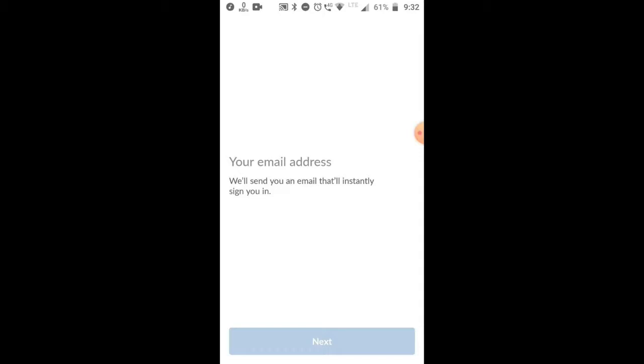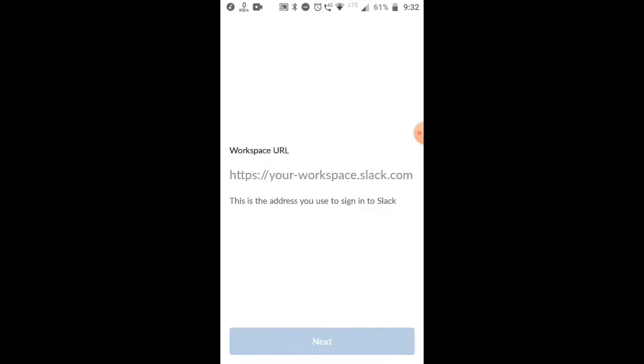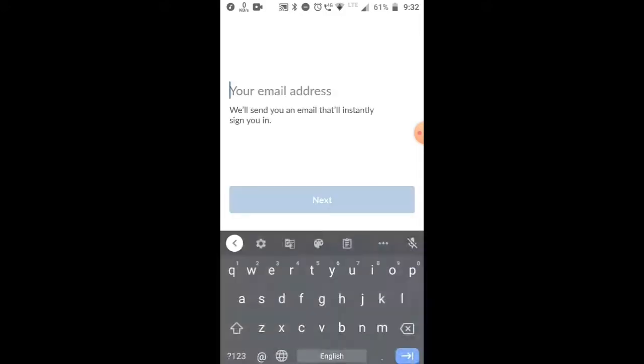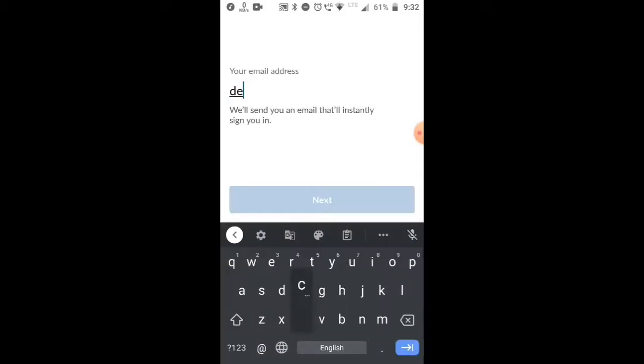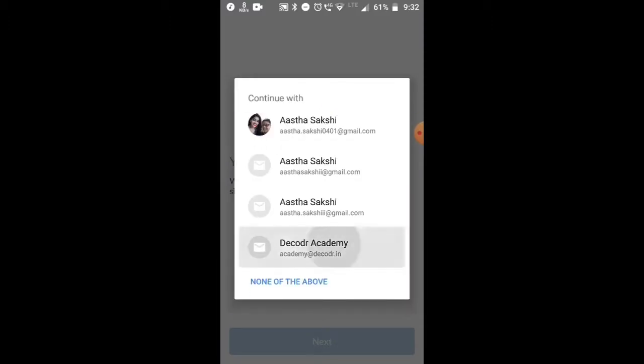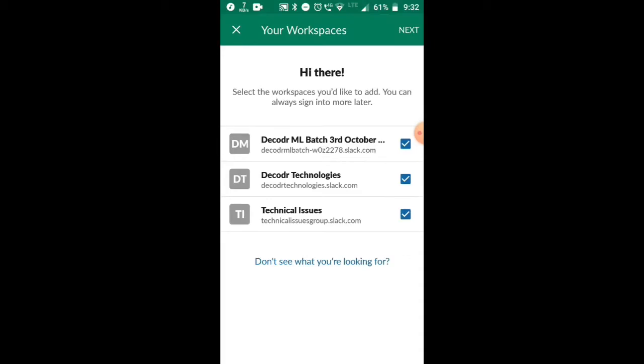If you click on the magic link, then it will take you to another place where you can put in your email ID. All the workspaces that your email ID is registered to will automatically show up on your page. Or if you have signed into Google on your phone, then the Google sign in pop-up will show up and you can choose whichever account you have used to sign into your Slack.